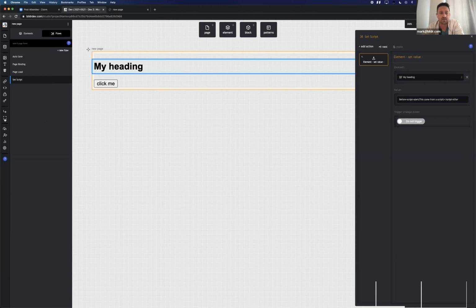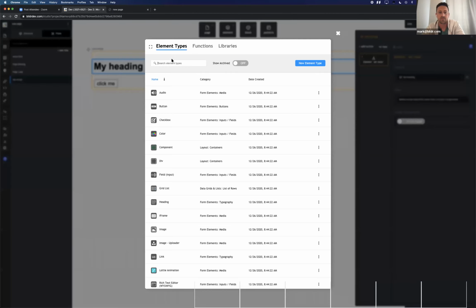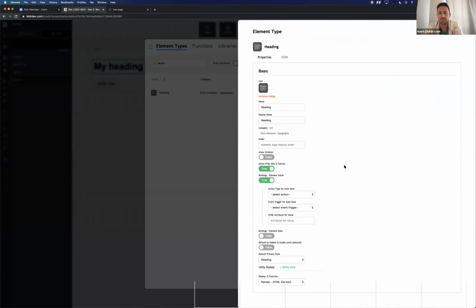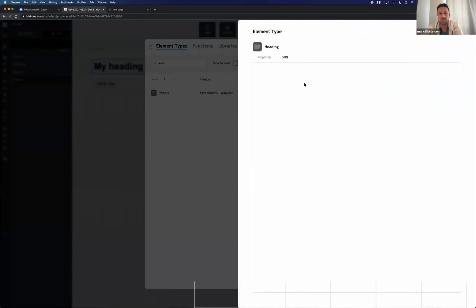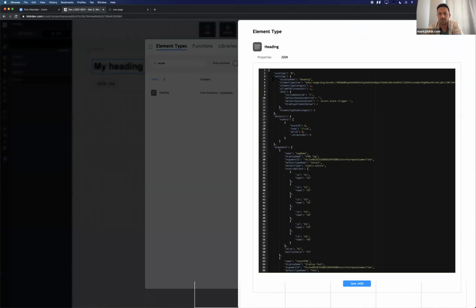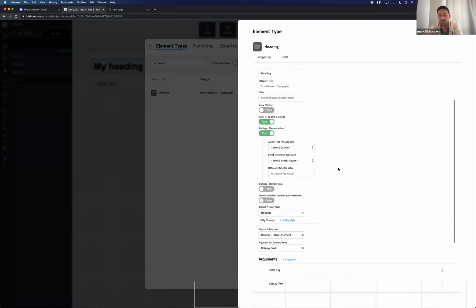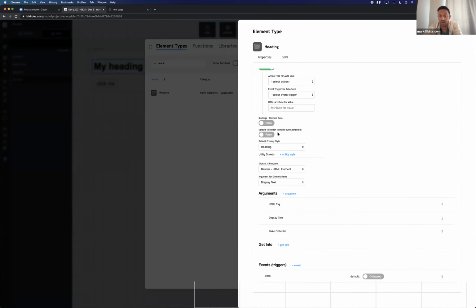So let's take a look at the element type for heading. If I type in heading and click on that one, you can see we have properties and we have JSON. Whatever properties you fill out here are described in this JSON, right? We typically do this throughout Bildr, where we show you what the platform is generating. If you ever want to, you can go in there and modify it manually. You can change that and it will update back in here. Typically it's safer to just do it in the properties, but we like to expose all of that,